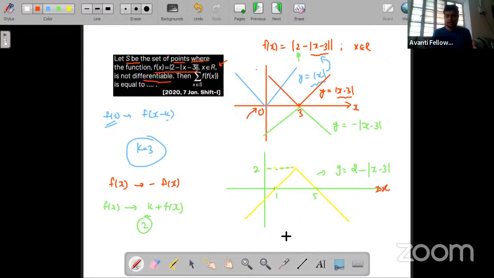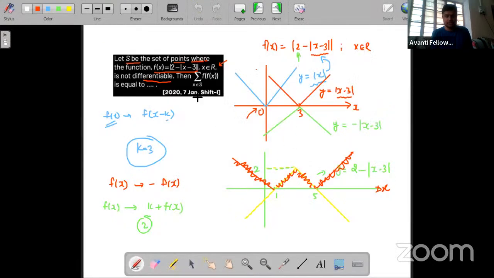Clear? So this is the reflection and this one is the reflection. Clear? So finally this is the required graph, or this is the graph of f(x). I have shaded it so that you can understand clearly. Clear? So next page, what we will do, or let's say in previous page, we have what we